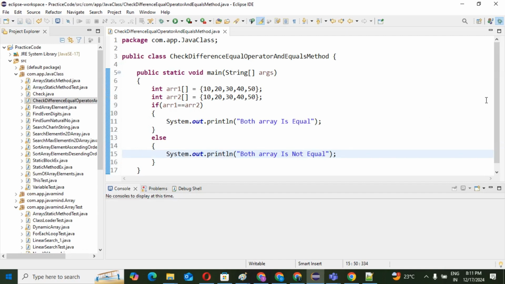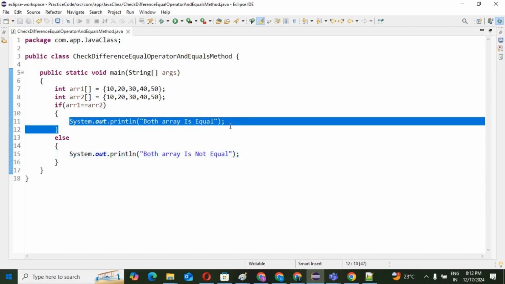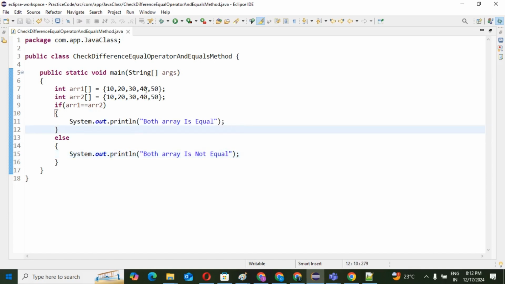We'll see what result is coming. Is it expected or not? Can you guess what statement will be printed, the if statement or the else statement? Most of the guys might think the if statement will execute, because everything is the same here.